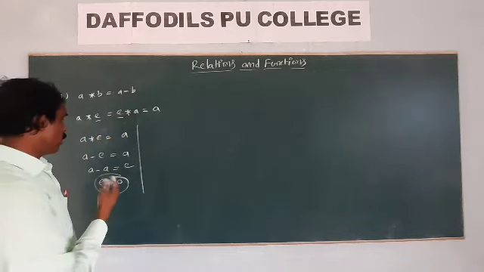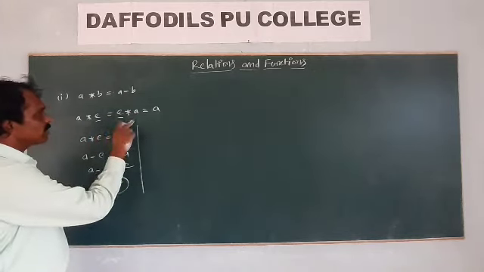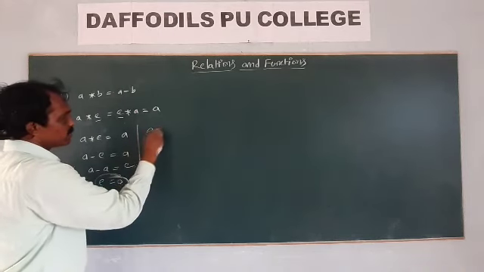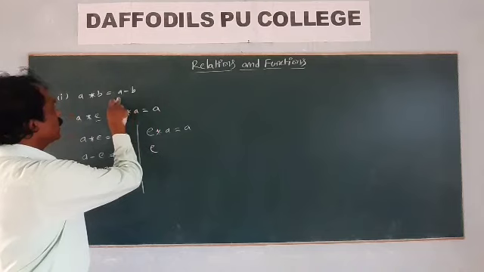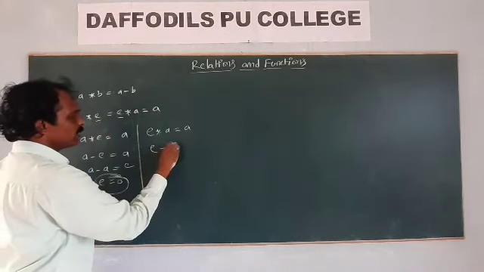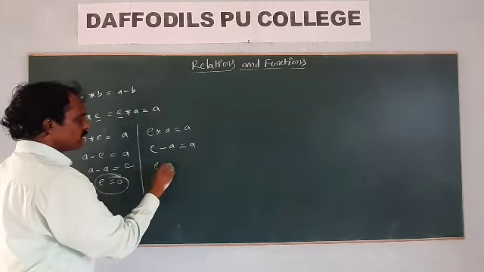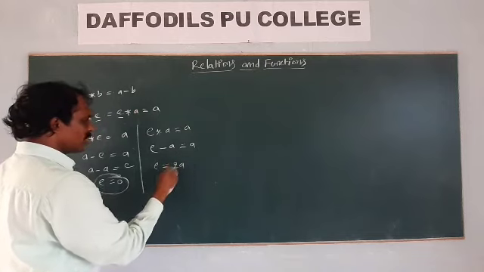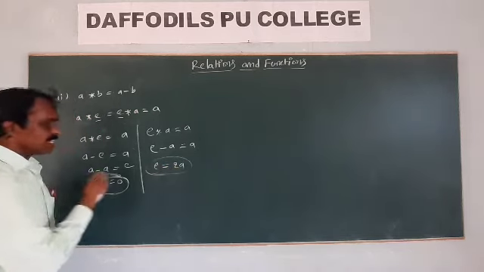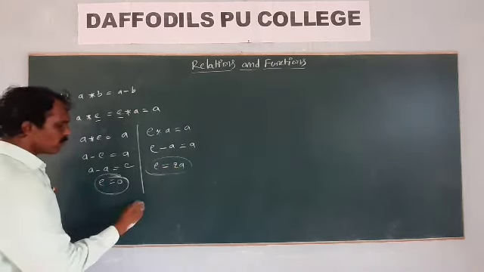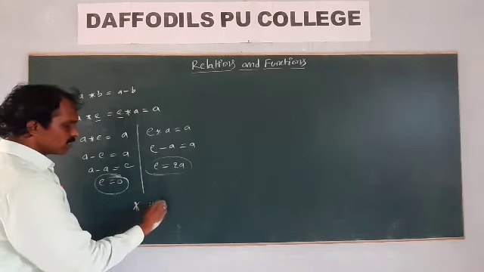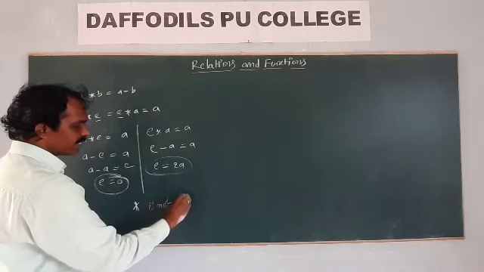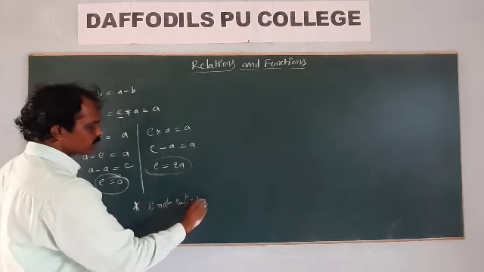Identity means the same for this thing or this thing also. Right. E star A is equal to A star B, that means E minus A is equal to A, E is equal to A plus A, 2A. But here it is different, here is a different identity. So therefore, in this case, identity for star is not satisfied.